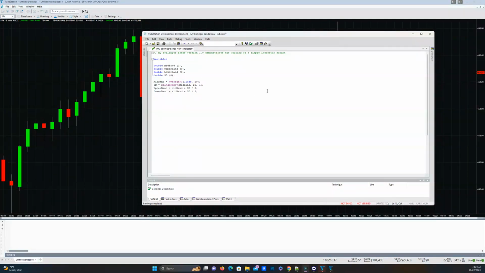So what we have to do is introduce another nice little EasyLanguage thingy called plot. And plot, you assign it a number, and there are 99 of them, plot 1 through 99. And the very simplest plot is plot, open parentheses, the value you want to plot. We'll go into this a bit more deeply in a future video, close parentheses, and end the statement. And we're going to do that. Plot 1,